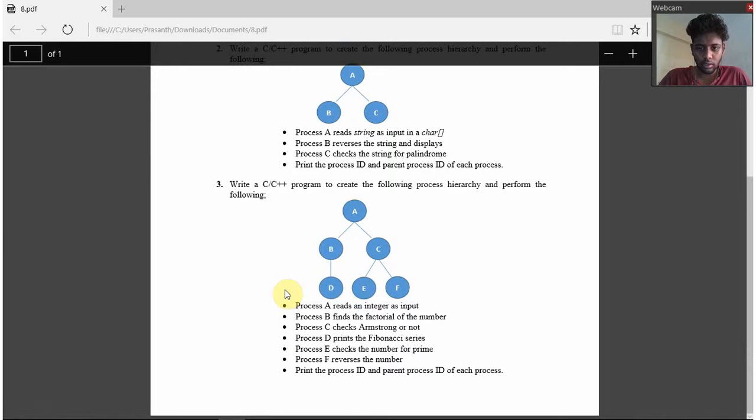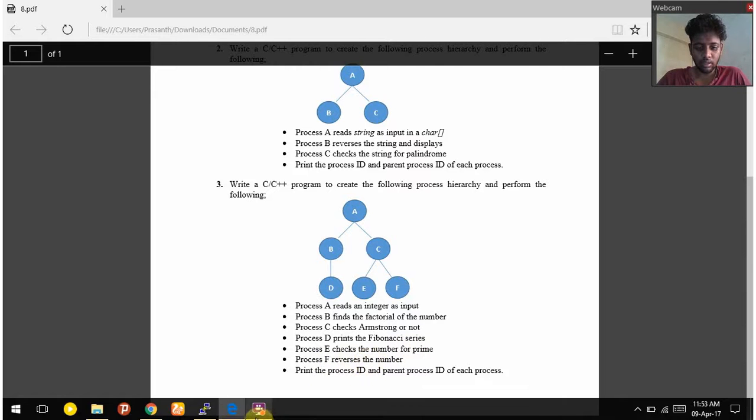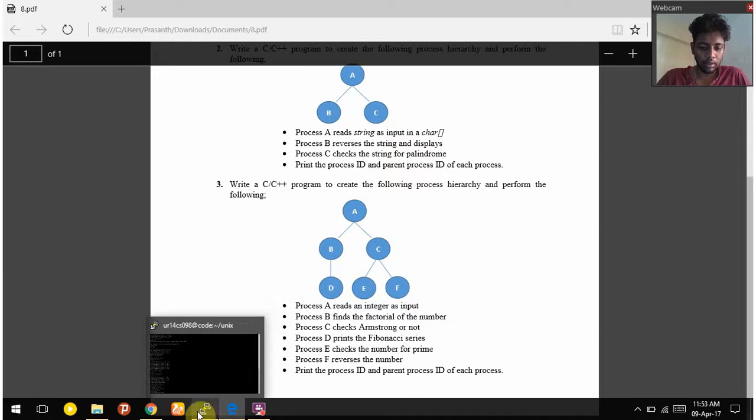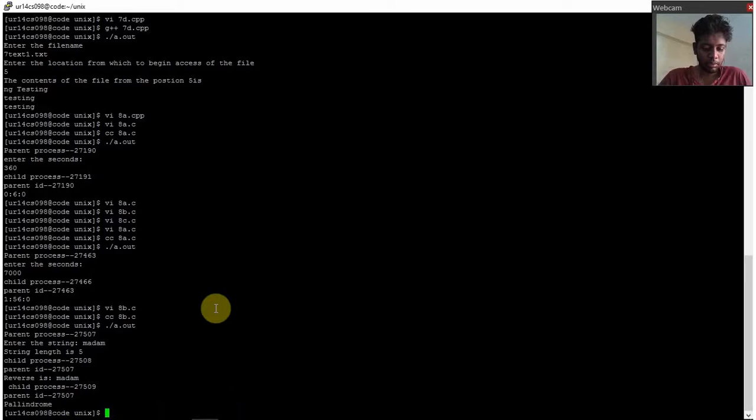The third question is to create the following process hierarchy to perform the following, where the user should give an integer as an input. Then process B should find the factorial of the number, and process C should check whether it's an Armstrong number or not, and D prints the Fibonacci series until that, and E should check the number for prime, and F should reverse the number, and all the process IDs, parent process IDs, and child process IDs should be printed. So here I have created a